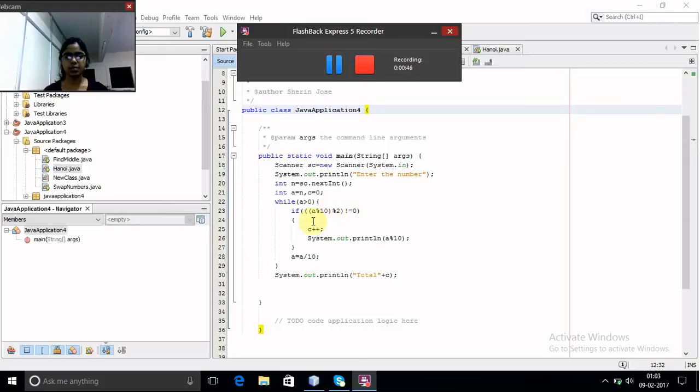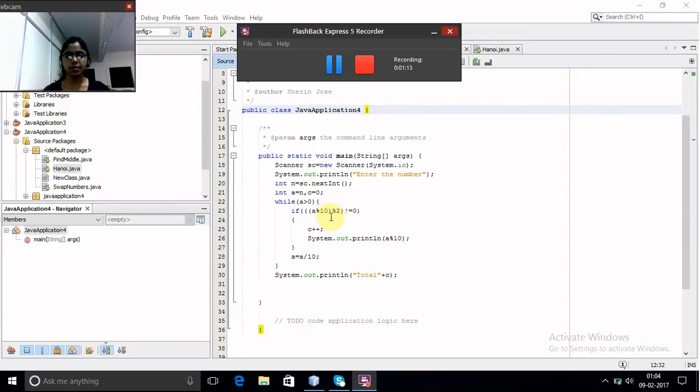If the number is greater than 0, it will come into an if condition. The value I have given will be calculated with mod 10, and it will give some value, and that value will be taken mod 2. If that value is equal to 0, it won't execute the if part, and it will come out of it. The number will decrement, and again it will go inside the while loop. Again it will check the condition until the finish.